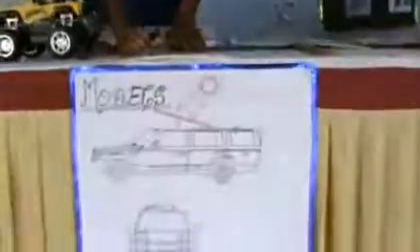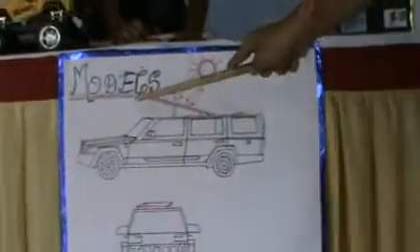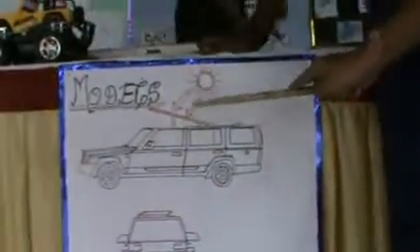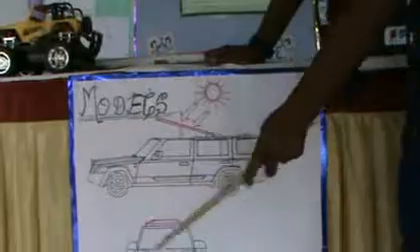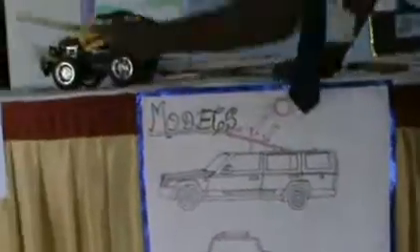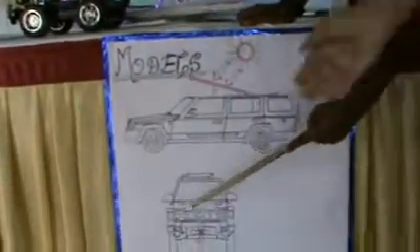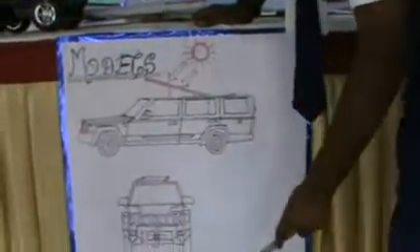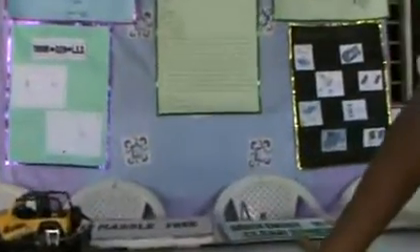And we can place the solar panel at the top of the car. The solar panel is kept at an angle towards the sun, and there is a fan present on the edge of the bonnet of the car, and this is the solar panel. I'll explain the construction, sir.